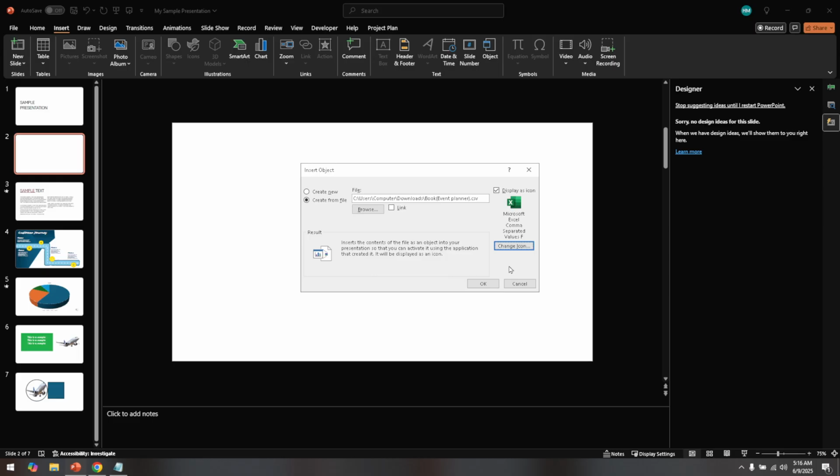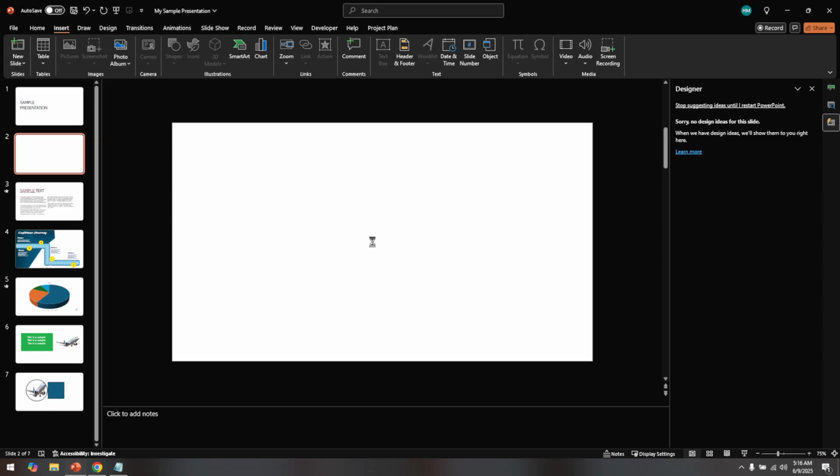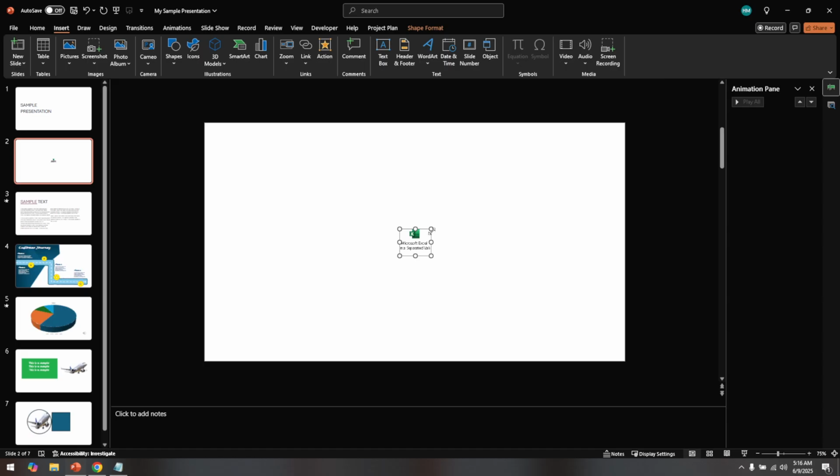Finally, the last step is to click OK. This confirms your selections and embeds your Excel file into your PowerPoint slide. By following these steps, you now have a linked Excel document within your PowerPoint presentation. The beauty of this method is that it allows your data to stay current and synchronized with your source file, meaning any updates you make in your Excel document will automatically reflect in your PowerPoint file, creating a dynamic link between the two. And there you have it, a simple yet effective way to link Excel with PowerPoint, enhancing your presentations with